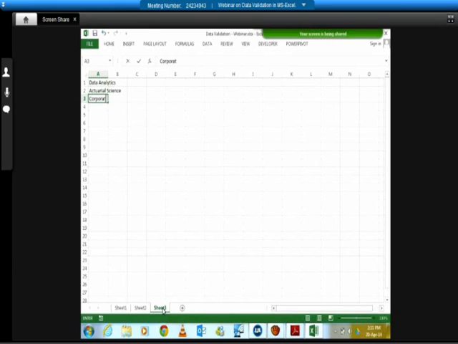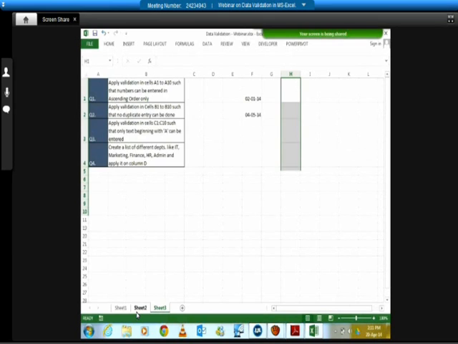Now in 2007, the problem is if your list is on a separate worksheet versus where you're putting your validation, then you will not be able to come and pick the source. Like you do a cell referencing, you go ahead and select the cells, you won't be able to do that. So as a best policy, it's always good to name your list and use the name of the list inside your data validation. So I selected the 3 cells.